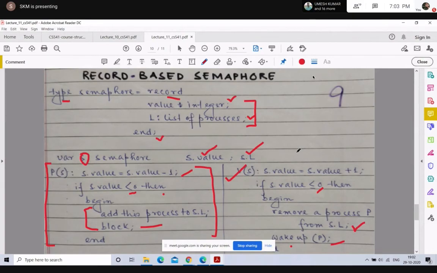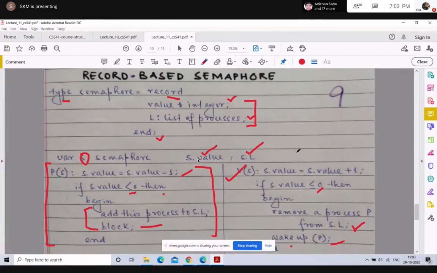Using this construct, you avoid busy waiting, because the processes waiting for V of S to be executed will now wait separately in your s dot l list without using CPU time. Okay, we stop here, and we will move into deadlocks and the readers-writers problems in the next class.